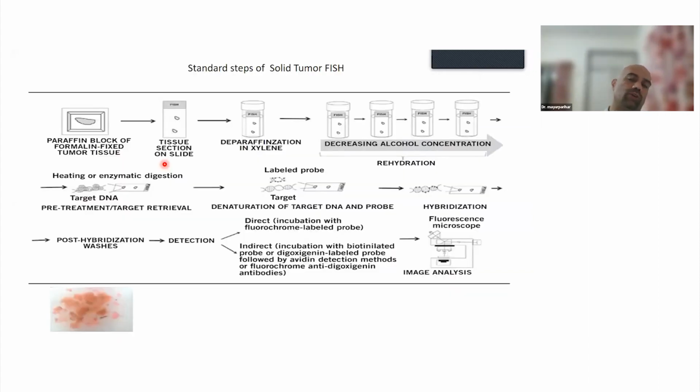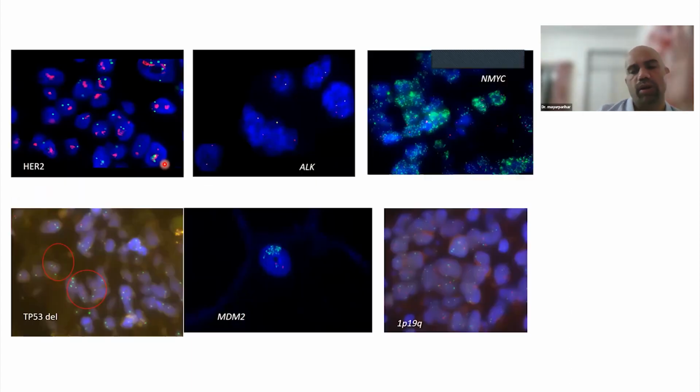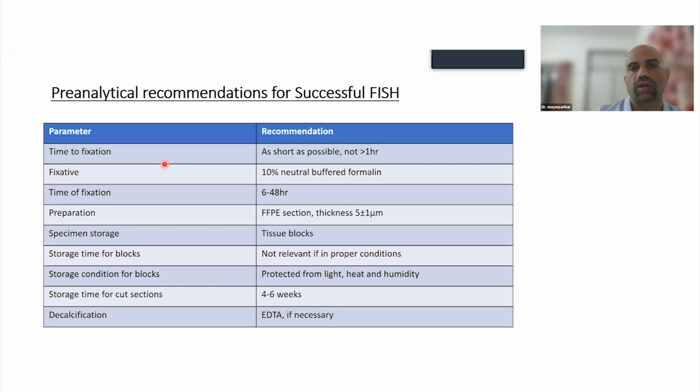Now, what do you do when you have to do FISH on a solid tumor? You must understand that FISH on solid tumor is technically much more demanding. There are a lot of processes that go into place. There are pre-analytical factors like the fixation, the kind of wax block that is made, the kind of xylene used, have you used buffered formalin, and so on. And it's much more technically demanding. We look for a lot of rearrangements on solid tumor. In hematological malignancies, we look for triple hit lymphomas, we look for TP53 gene deletions in lymphomas, we do all kinds of translocations in lymphomas. So these are the pre-analytical recommendations for FISH on solid tumors.